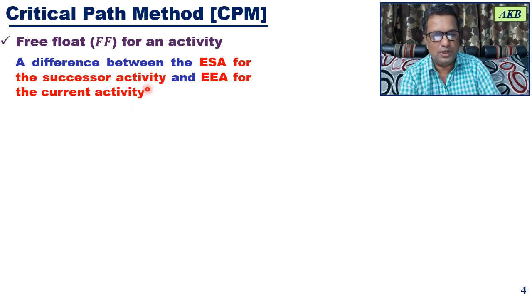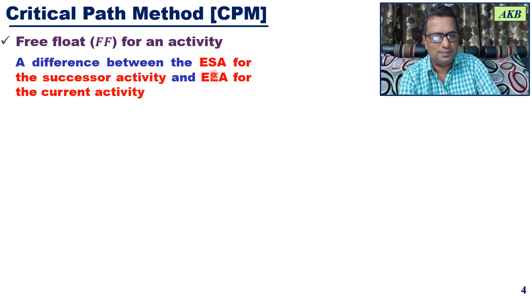So when you are defining free float for an activity, let that activity be the current activity. Then what is the definition? Free float is the difference between the earliest start time for the successor activity, the successor to the activity for which we are defining free float, and the earliest end time for the current